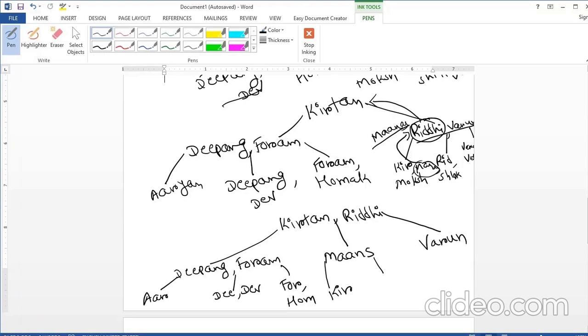On the right side we are going to have two values, Manas and Moksh. Then in the left pointer of Varun there are two values, Riddhi and Shlok, and here two values, Varun and Vats. Okay, so now this is our complete